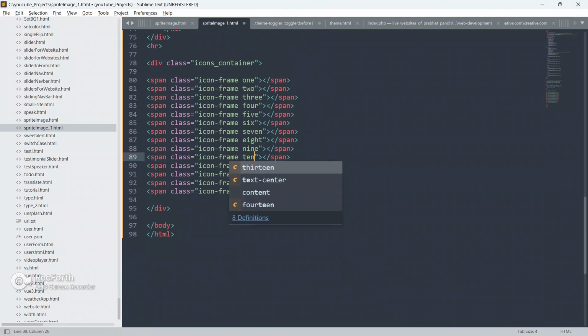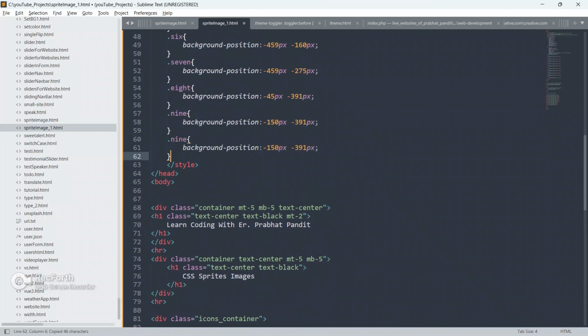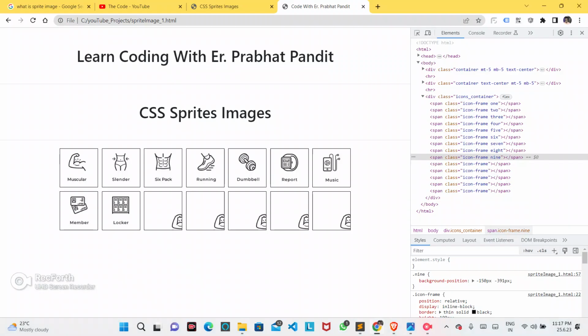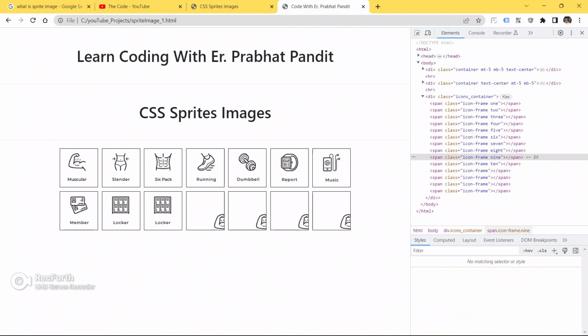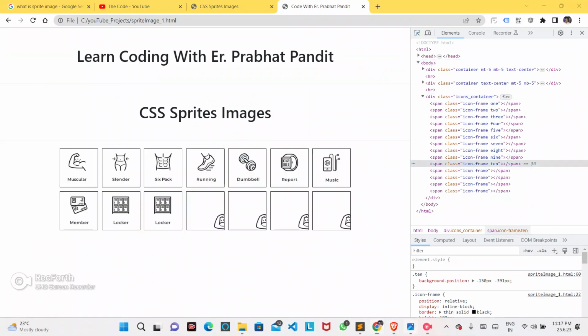We got the locker here, go to the code now, make this a 10, go up, copy this class, paste it here, make 9 a 10 now. Save your code, go to the browser and refresh your page.